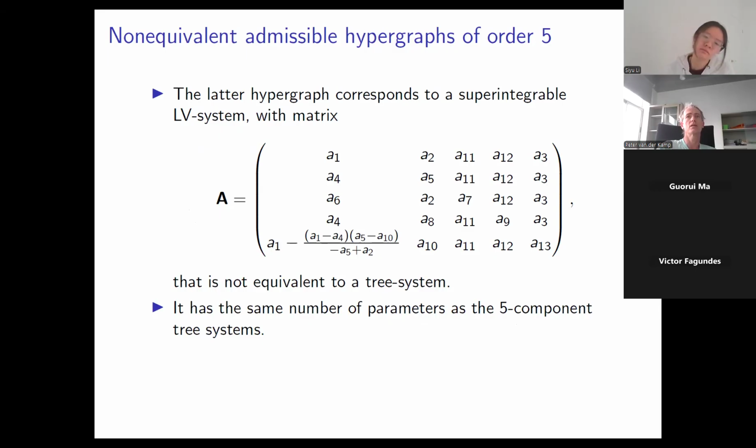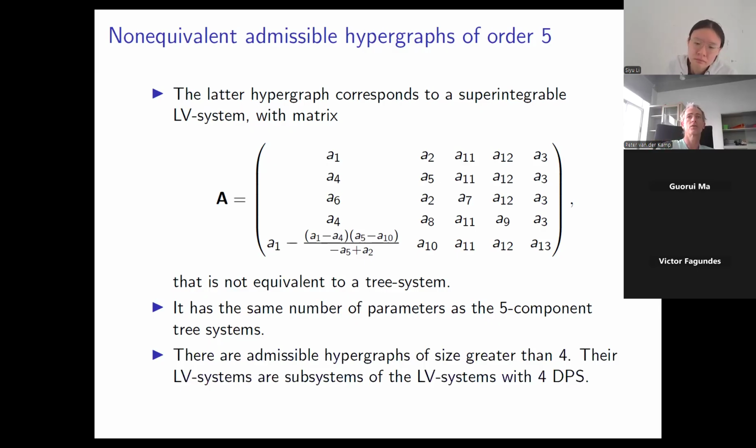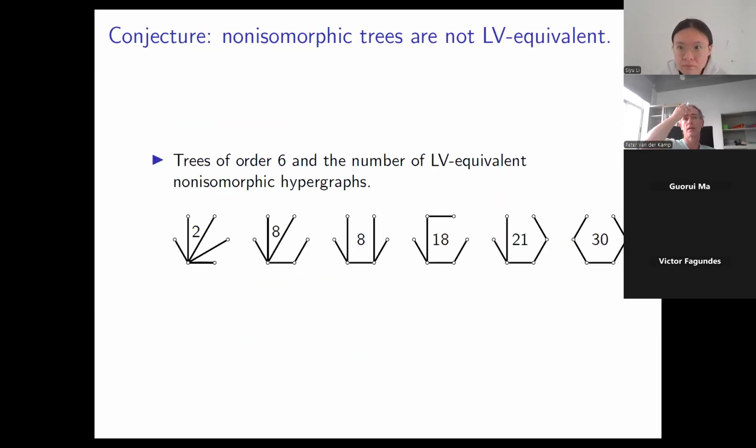What I have been looking at, so this is how far I could go, because the number of hypergraphs is really immensely big. On a computer, this is roughly where you can go, maybe order 6 on a supercomputer. I haven't used a supercomputer, I've just used my laptop. But what I've been able to do is look at 3 systems and look at the number of the equivalence classes in the set of hypergraph systems that are equivalent to these 3 systems.